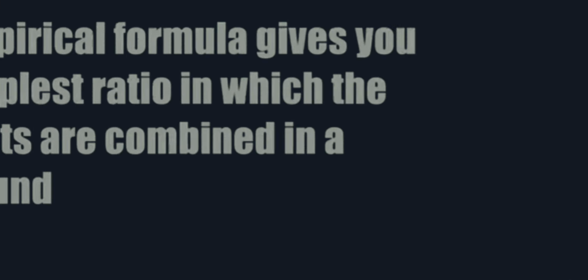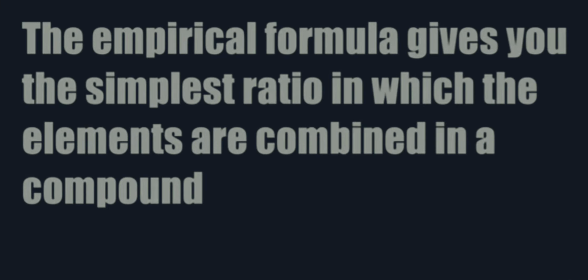The empirical formula gives you the simplest ratio in which the elements are combined in a compound. For example, consider the formula of glucose. The molecular formula is C6H12O6, which gives you the actual number of atoms present in it. But the empirical formula will give you the simplest whole number ratio. To find the empirical formula, we divide the number of atoms present in the molecular formula by a common number. So CH2O will be the empirical formula of glucose. The molecular formula of sodium sulfate is Na2S1O4. We cannot convert it into simpler ratios, so the empirical formula of this compound will be the same.